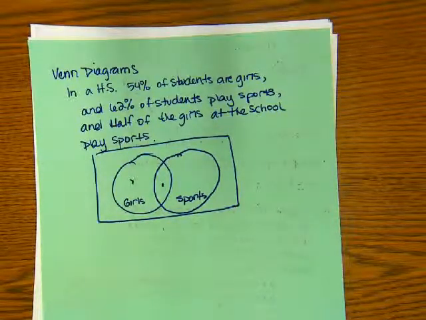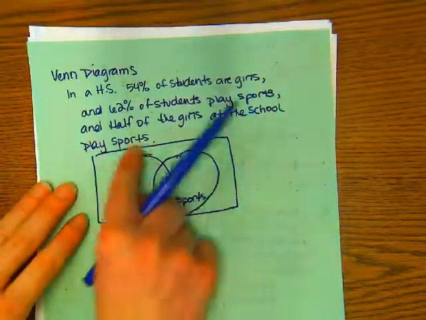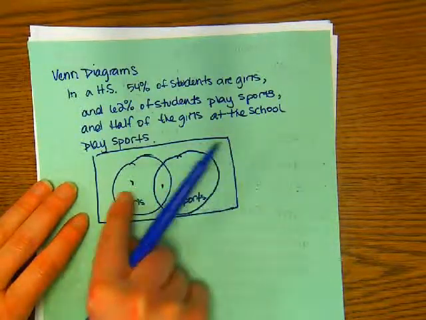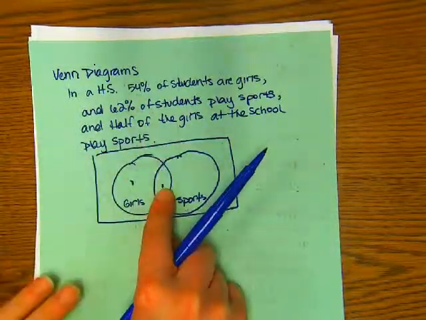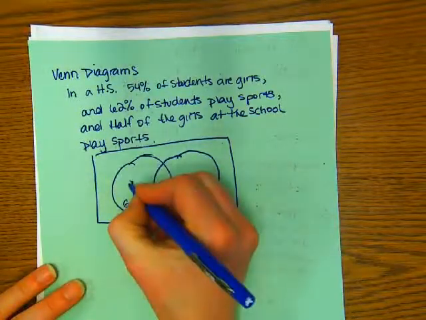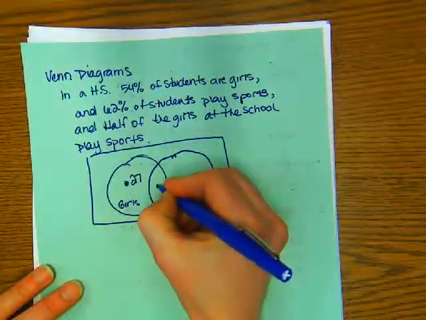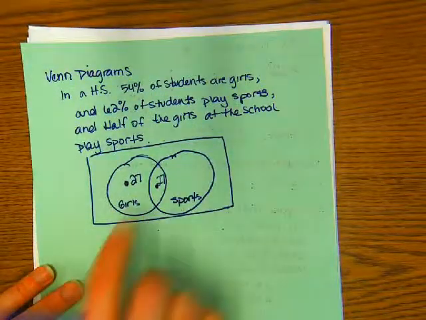It would be the other 50% of girls that don't play sports. Which would be what percent? 27. If 54% of the students are girls, they have to be split equally between those who play sports and don't, because I was told half the girls play sports at the school. That would make this probability 0.27 and this probability 0.27, which is great because I need this